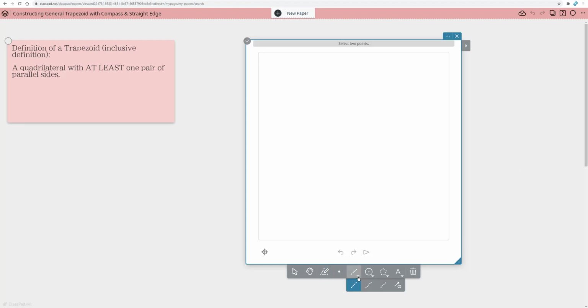I want a straight edge. So ask students to construct a straight segment, line, ray. I'm going to use a ray tool. And so it doesn't matter where they do it. They just have constructed a straight edge to start their construction. All right. They use their straight edge. I now want an adjacent side that wouldn't be parallel, right? So we're going to use the ray tool again and just make an adjacent side somewhere. It can be in any direction. It doesn't really matter at this point. So let's just leave it there.